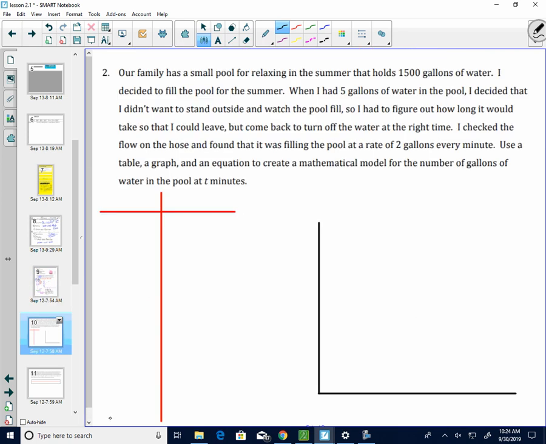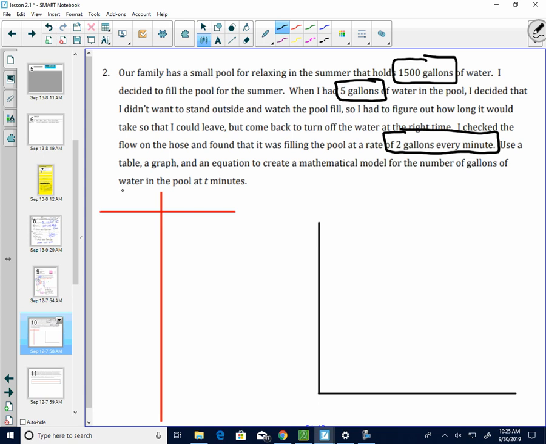Let's look at an example of continuous data. Our family has a small pool for relaxing this summer, and it holds 1,500 gallons of water. When I had 5 gallons of water in the pool, she decided she didn't want to stand and watch it fill, so she timed it. What she found out is that it was filling at a rate of 2 gallons every minute. So the easiest thing to start with is let's create the table and then build from there our graph